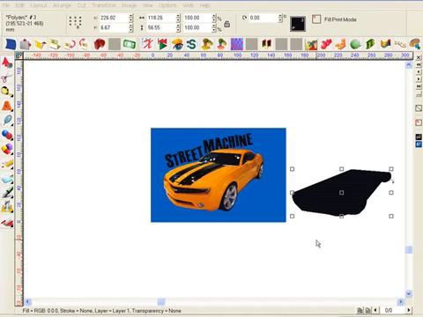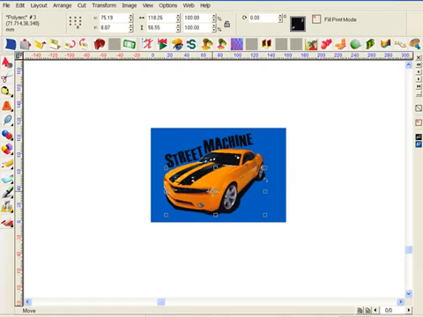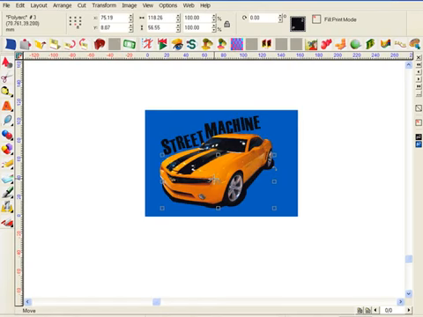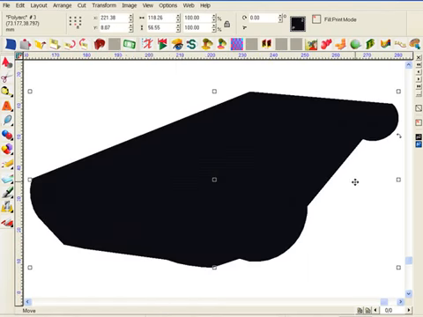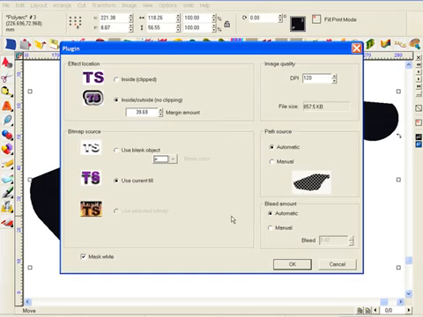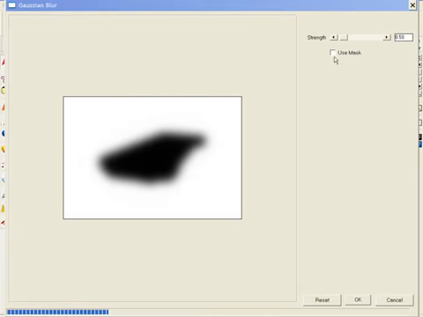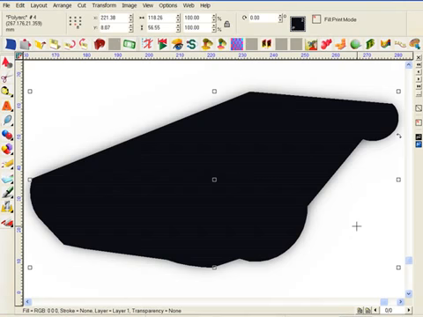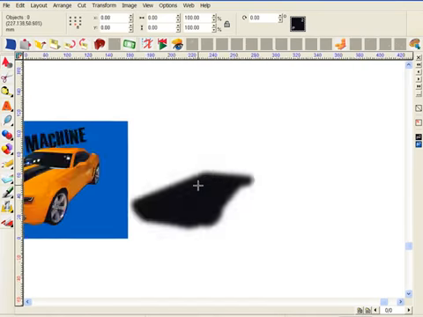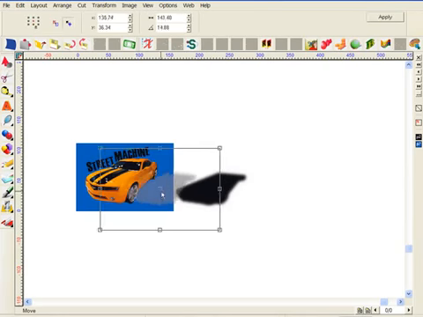I have created this simple vector shape that I will now drop between the car and the blue background to form a shadow. Now at the moment it's a bit too hard edged, so I'm going to use a Gaussian blur to soften things up. Here I can simply adjust the degree of blur to get the desired effect. Okay, and I can now delete the original vector path to leave a nice soft shadow, which I will now